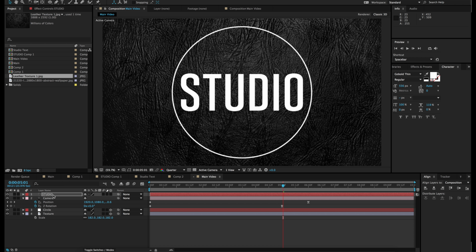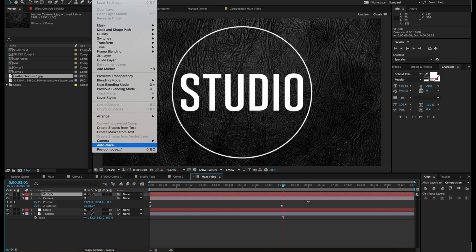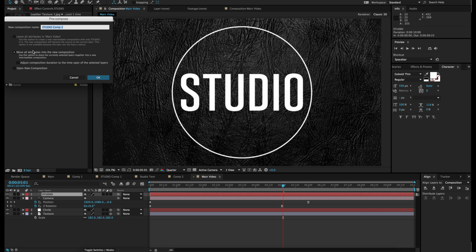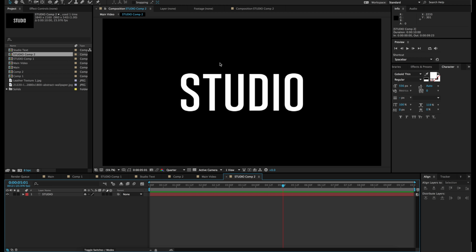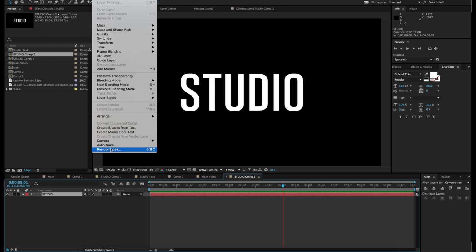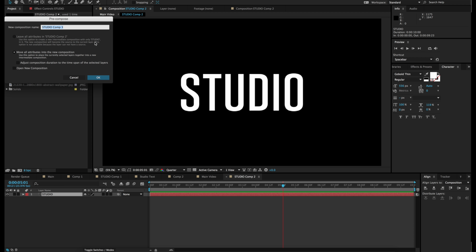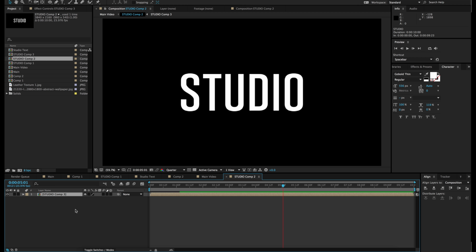Next, what we're gonna do is we're gonna go to layer, pre-compose, move all the attributes into a new composition, hit OK. Then you can double click on it and you have the studio layer, the studio text in here. Next, we're actually gonna pre-comp this as well, and you can just hit OK. The reason we're doing this is you'll see it in a minute, but we're gonna be cutting it up